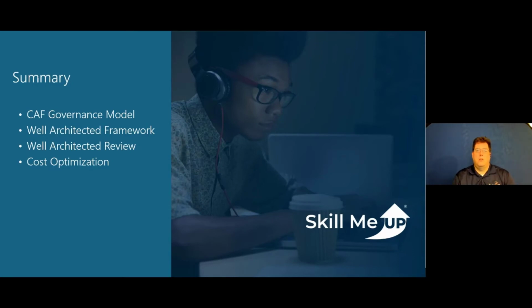Then we looked at one of those pillars, which is cost optimization, but it's important to take all of those into consideration as we're going through our review and continuing to optimize our workloads within the environment. And we'll continue to look at more and more of these operational efficiencies as Shannon and I continue our little series of episodes around architecting the architecture frameworks within Azure.